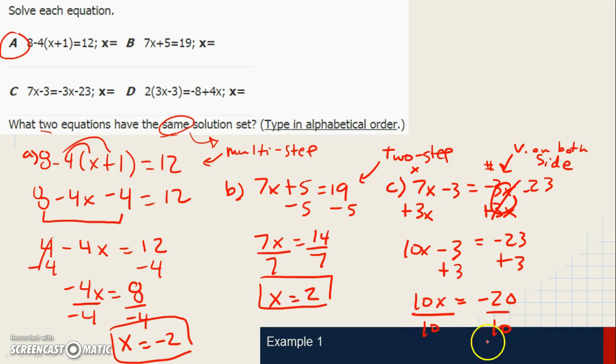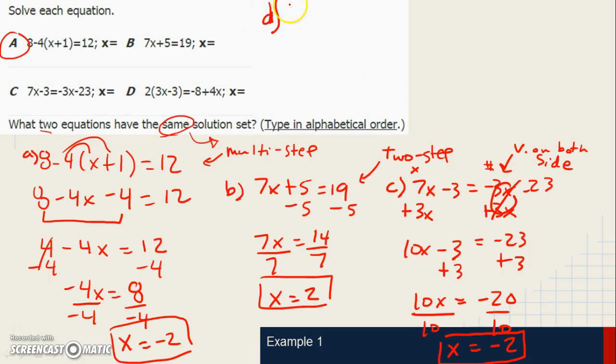Divide by 10, and we get x equals negative 20 divided by 10. Well, negative divided by positive is a negative, and 20 divided by 10 is negative 2. So we've got x equals negative 2, and you can already see that A and C have the same solution. So those are probably going to be our answers, but let's go ahead and just make sure by solving for